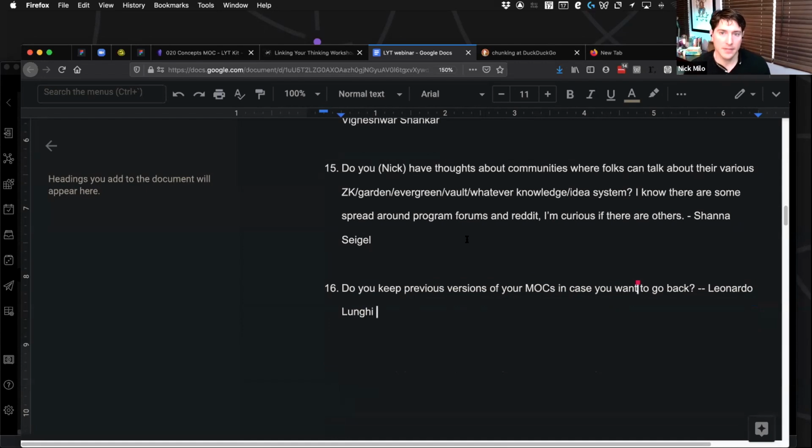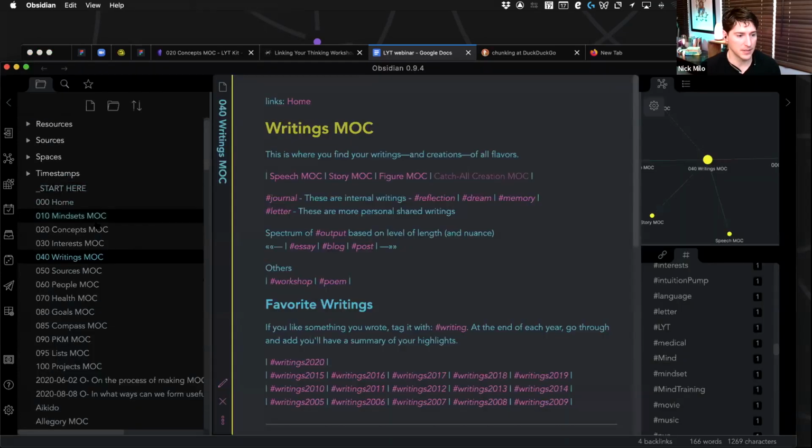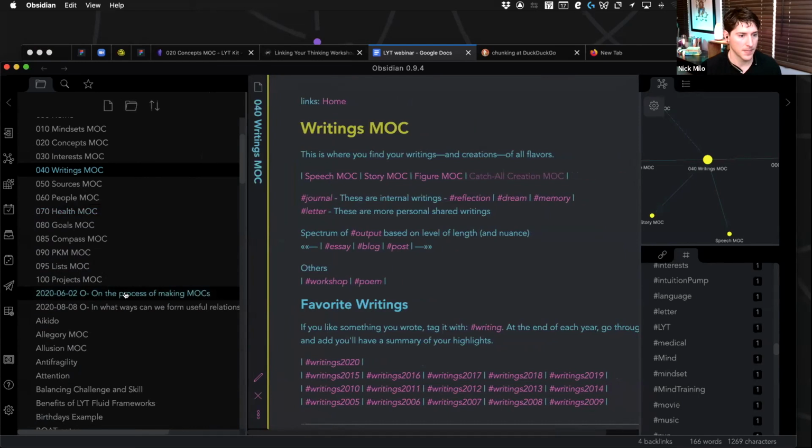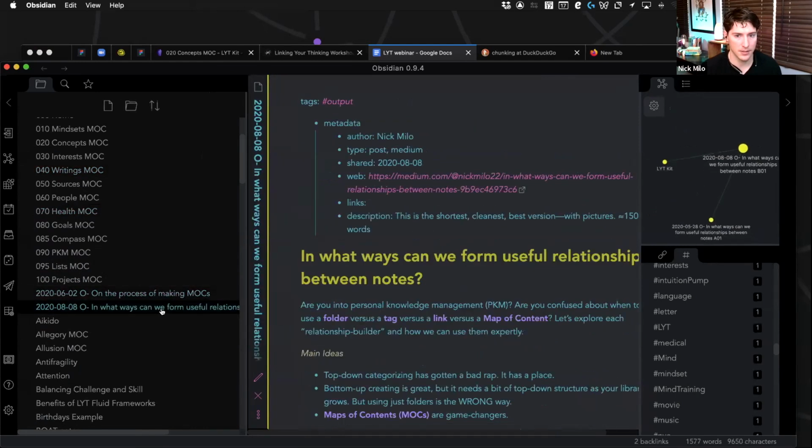I keep previous versions of outputs. So not necessarily MOCs, because in my opinion, the MOCs should naturally be evolving, and I'm okay with that. But let's see if there's a good example of, sure if I linked back to it. So,